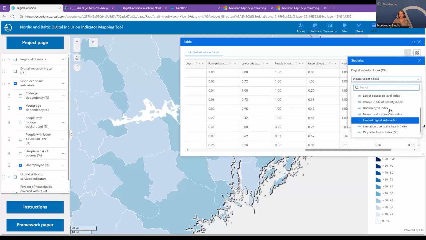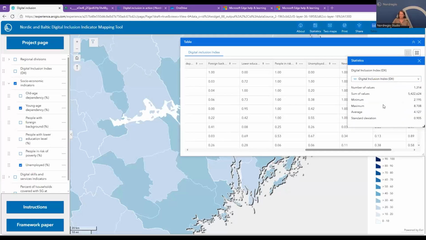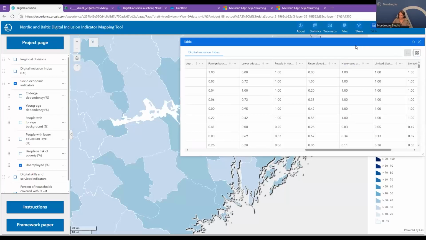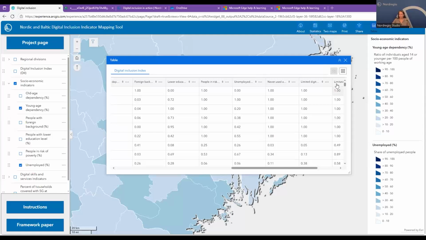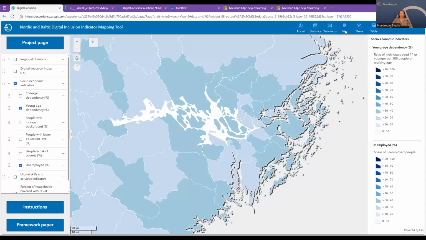For example, if you would like to choose the statistics about the digital inclusion index, you see the minimum, maximum, average, and standard deviation. That's a bit overcomplicated, but that exists here. Additionally, you can download this table in Excel, comma separated format, and convert it to Excel.